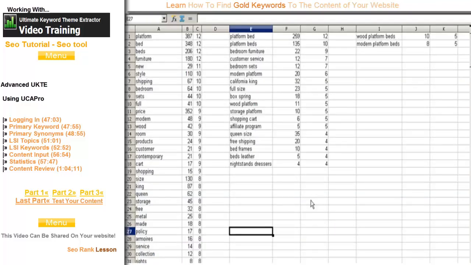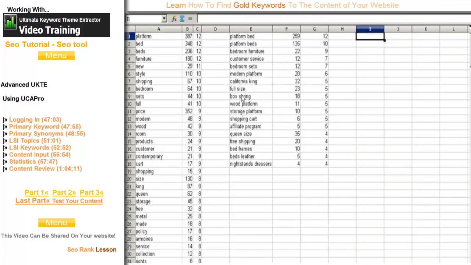So I've pulled up my export here. And you'll see here that what I've done is I've simply grabbed all of the one-word phrases, and I put them in this column. Then I've gone and I've snagged the 2 words, and I've set them in this section here, and the 3 words over here. Now I've already used the 3-word phrases,